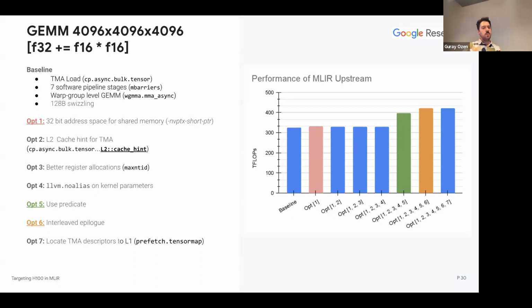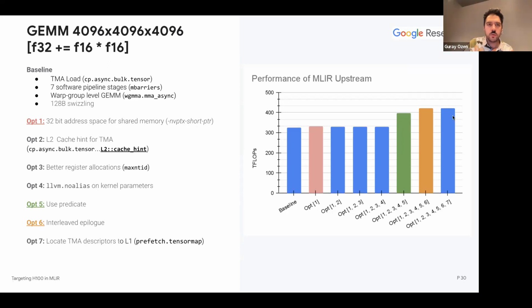But I did it manually. There was no NVGPU op yet for that. It gave me a little bit of performance, I think like 10, 20 teraflops. And the last optimization is that I prefetched the TMA descriptors to L1 cache with the prefetch tensor map. This wasn't super helpful. In the end, I got around 400, 410,